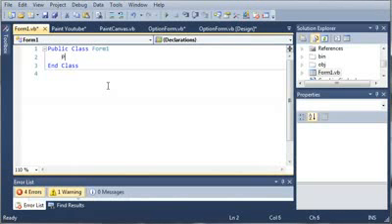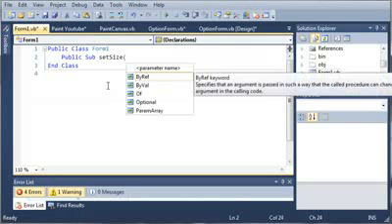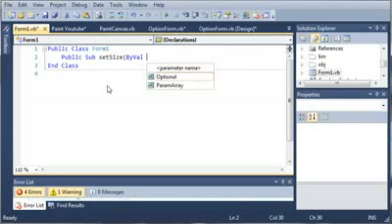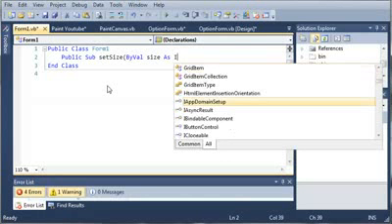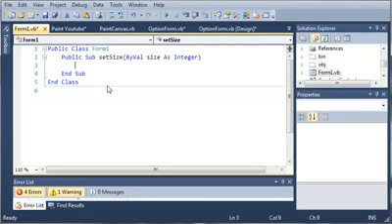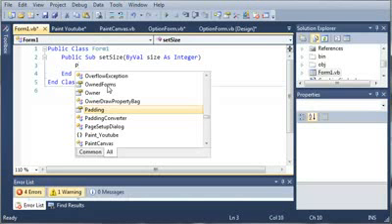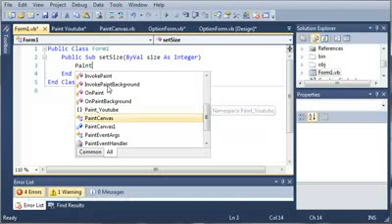So what we need to do is type Public Sub SetSize, and let's just have it take an argument of an integer, ByVal size As Integer. So what this is going to do is allow us to set the size of the graphics in our paint canvas. So PaintCanvas1